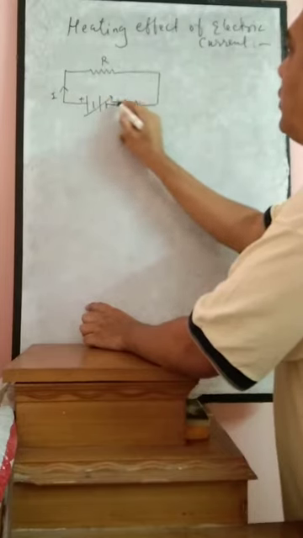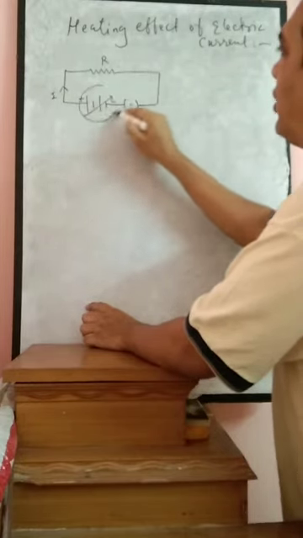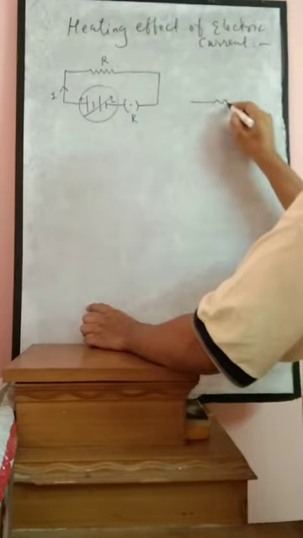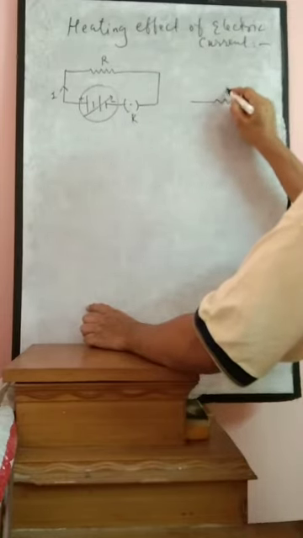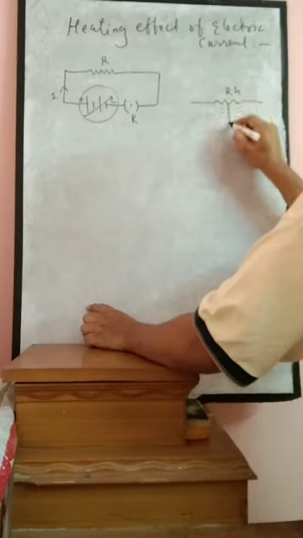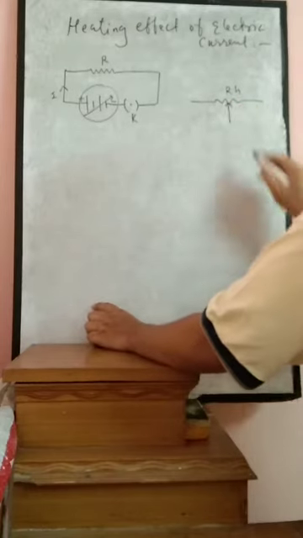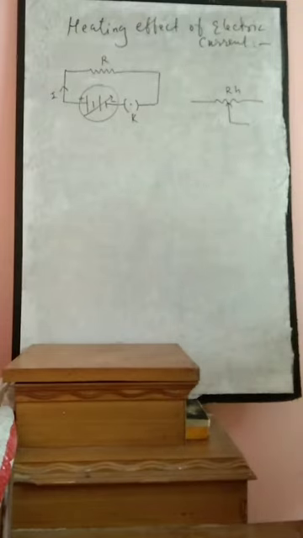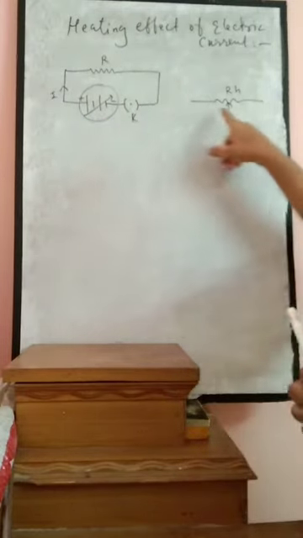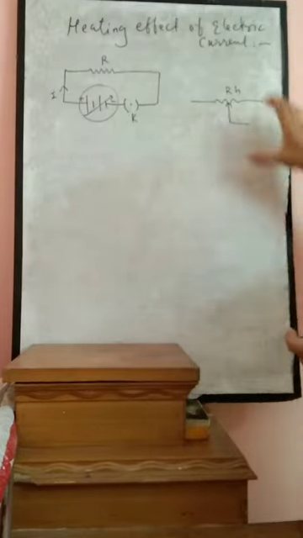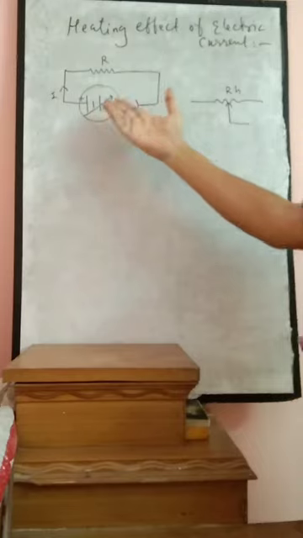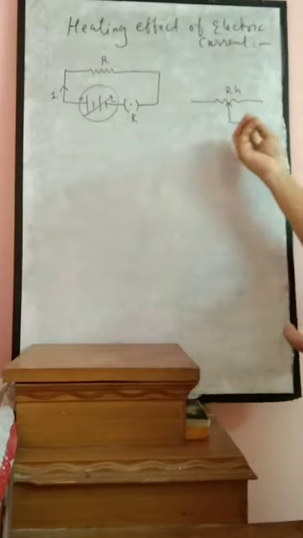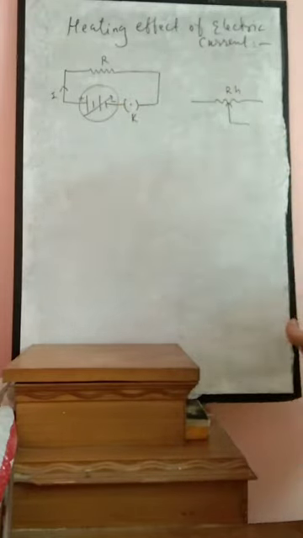Now this key is plugged in, so electric current I will flow, from the positive to the negative terminal. Instead of this battery, you can also represent a rheostat, which is symbolically represented in this manner. Already in the topic of different symbols for components we have discussed this. So either you can use this battery or a rheostat. Here the rheostat's function is to vary the current flowing in a circuit.